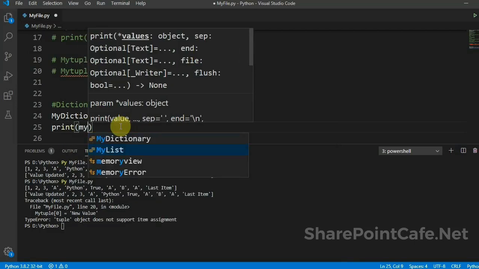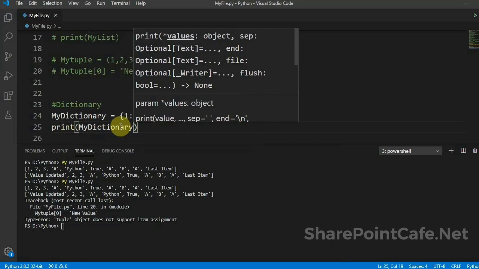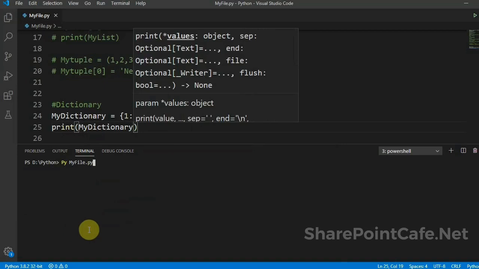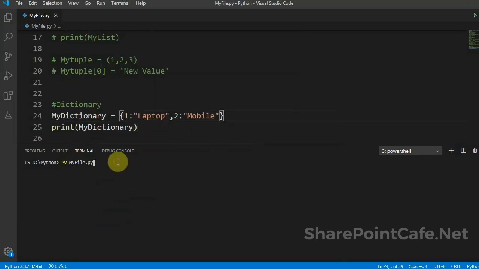And I'll print the dictionary value here, my dictionary. See, the items in the dictionary is printed here.